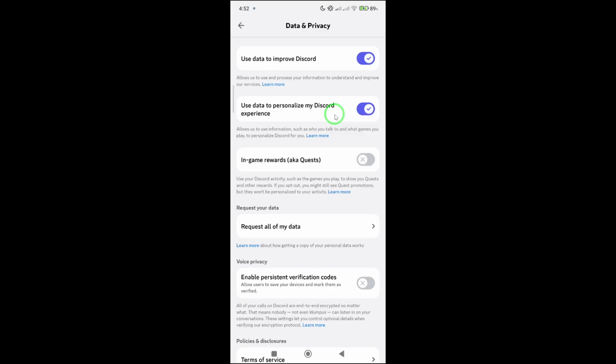Your Discord experience should now feel a bit more intuitive, with features that align with how you use the app day to day. A couple of practical notes. Personalization works best when you're actively engaging with servers, channels, and friends, since those signals guide what Discord suggests or